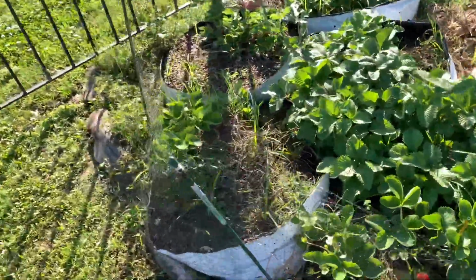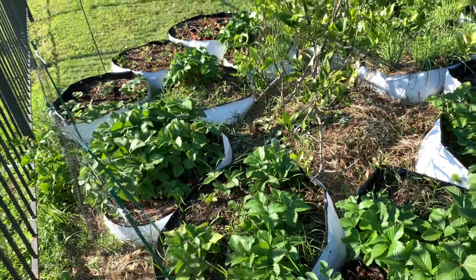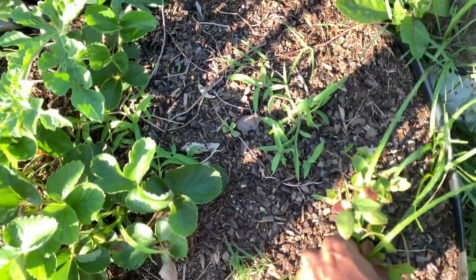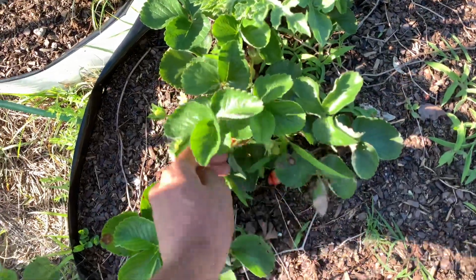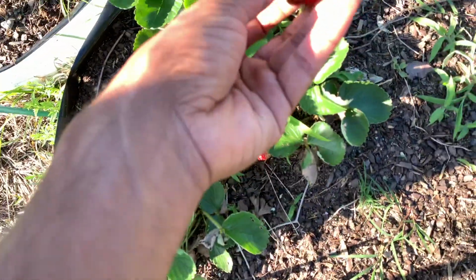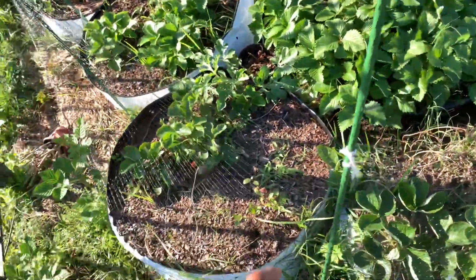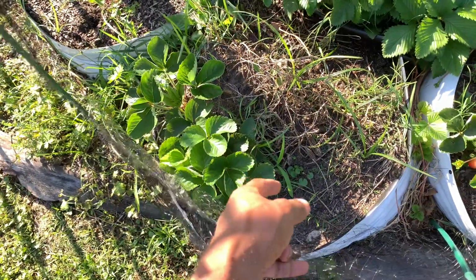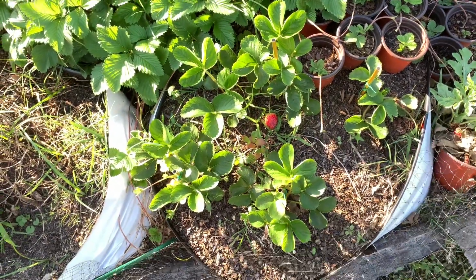Show y'all these Rutgers Scarlet plants. So you can see inside this bag here. Now inside those Mara de Bois bags, I planted about 13 transplants per bag. Now inside this Rutgers Scarlet, it's about 6 or so plants in each of these. Now if I'd have had 13, that bag would have been nice and full. And this bag only has about 2 plants. And when I was first planting them, I think I was only planting about 4 or 5 plants per bag,